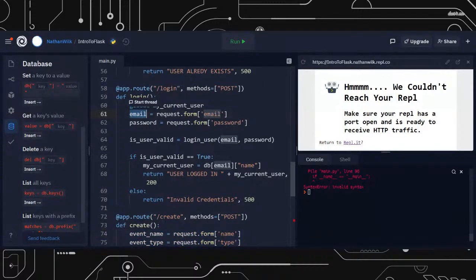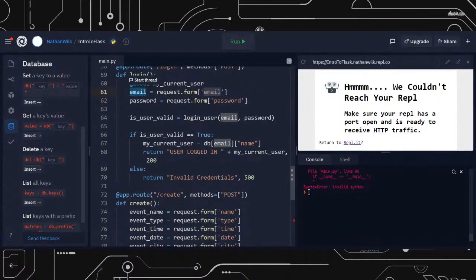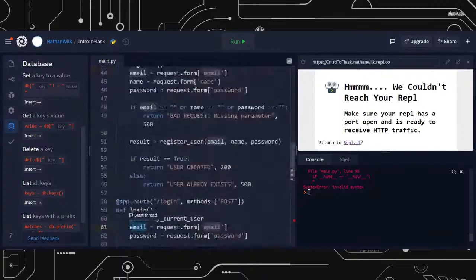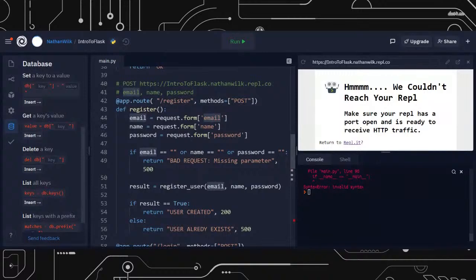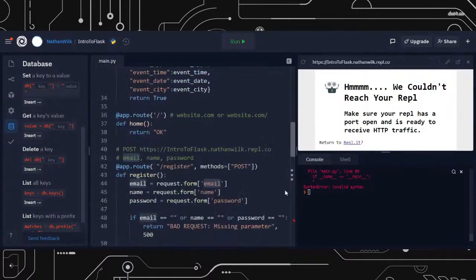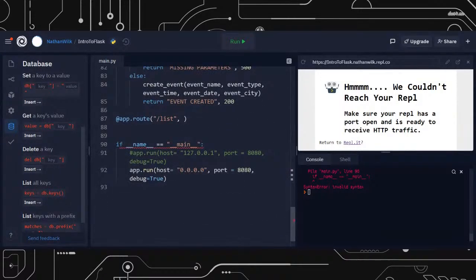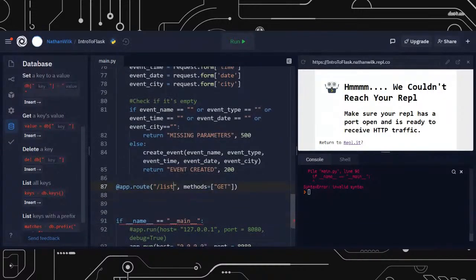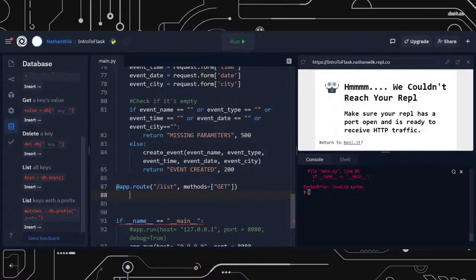The login, we receive the email and the password. The event creation, we receive the name, type, time, date, and city from the event. The register, we receive the email, name, and password. So on this route over here, we are not receiving anything. So we can just leave it as a GET request. So if someone tried to GET request this, we want to show all the events that exist in the database. So